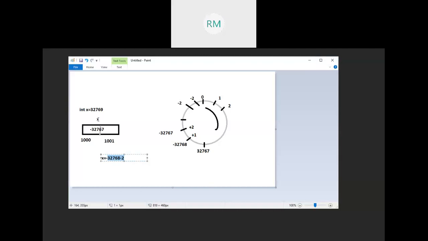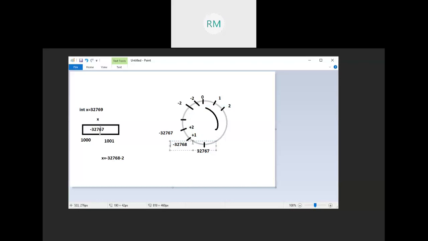Memory gets allocated for the variable x. Then what value will x hold? Very simple. First it checks this range. It is a negative value, so starting from 0 in the anti-clockwise direction, it is going to count here. Minus 1, minus 2. So what is the minimum value that can be represented in this integer type? Minus 32,768. Again, subtract 1.